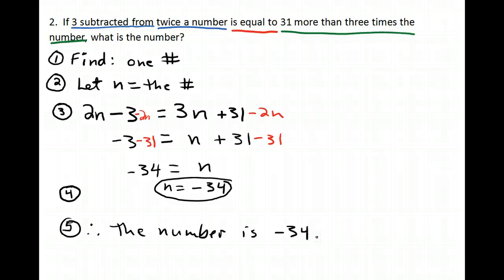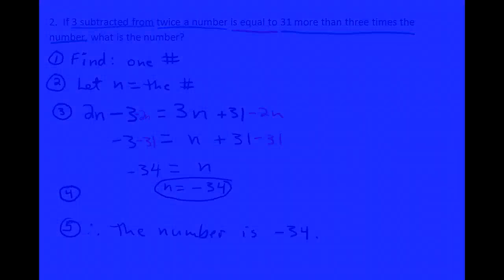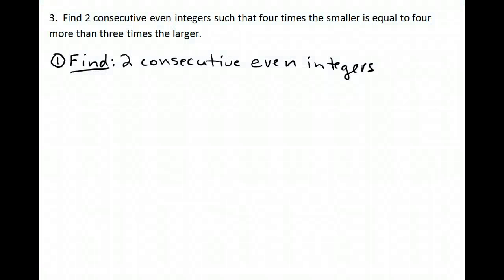Alright. Here's our next problem. Find two consecutive even integers such that 4 times the smaller is equal to 4 more than 3 times the larger. Alright, now if you're trying to find consecutive even integers, that would be like 8, 10, 12, 14, and